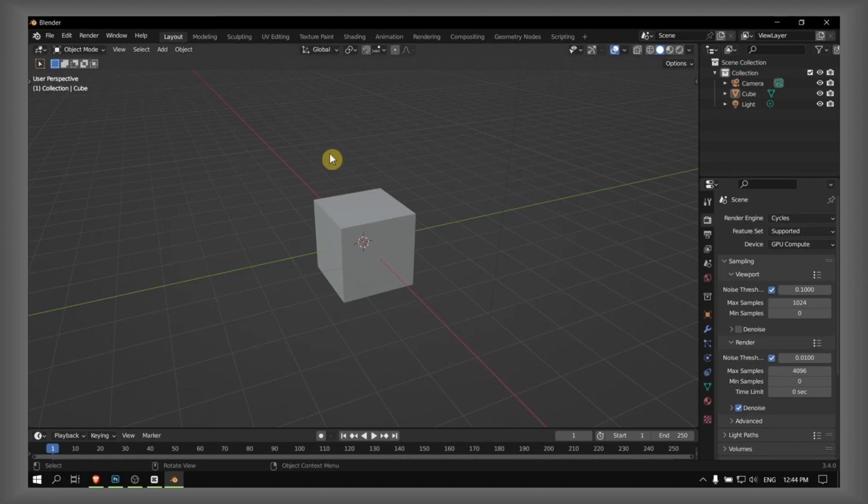How to add the wireframe in Blender. So let's jump right into the video. Okay, I'd like to add some